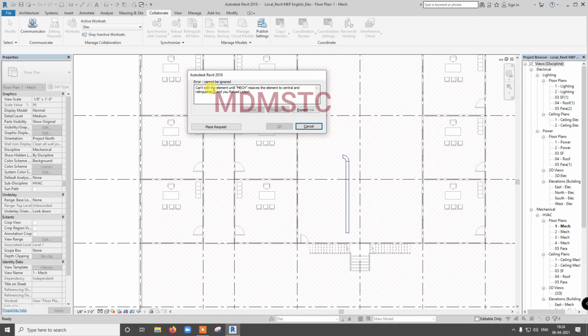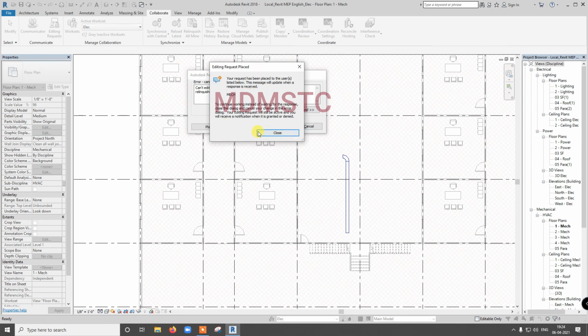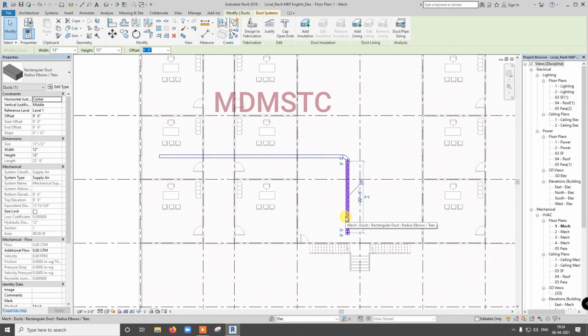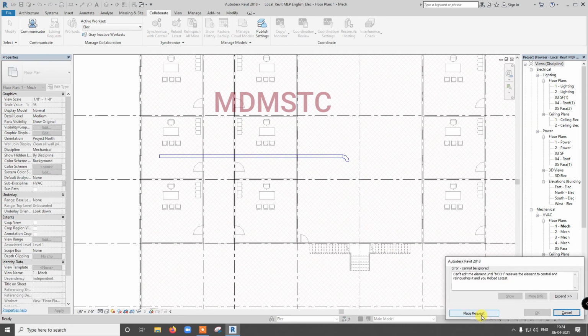That means the person already has ownership of that work set. Whatever drawings are there or whatever has been done, we cannot edit anything on that. So I click place request, close. I am going to delete the same thing, close.